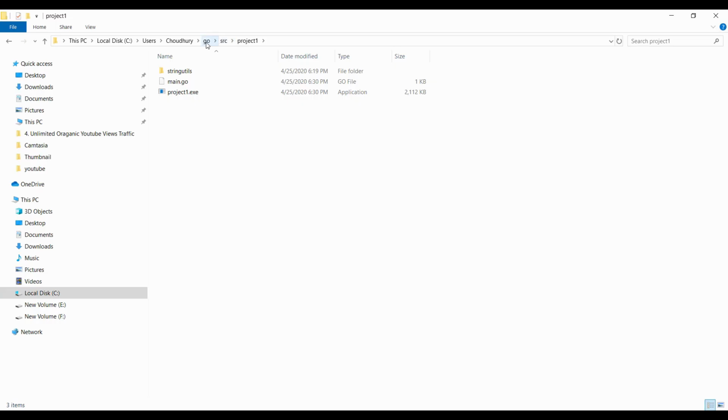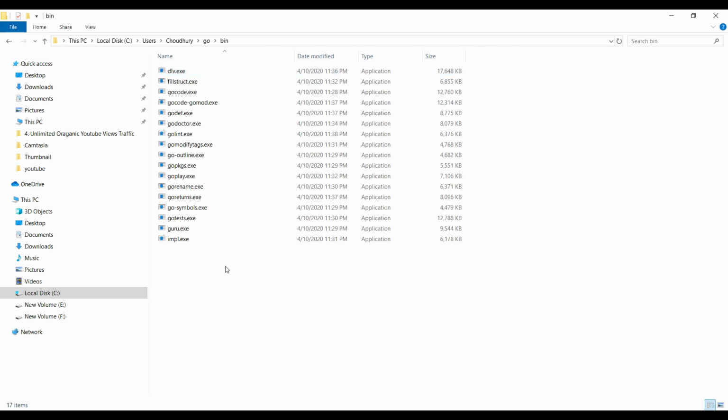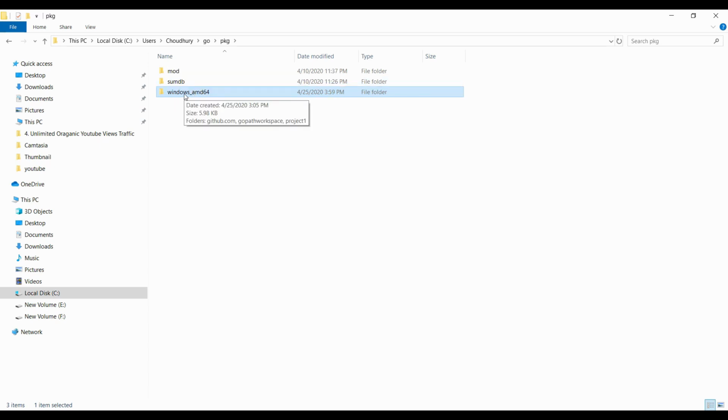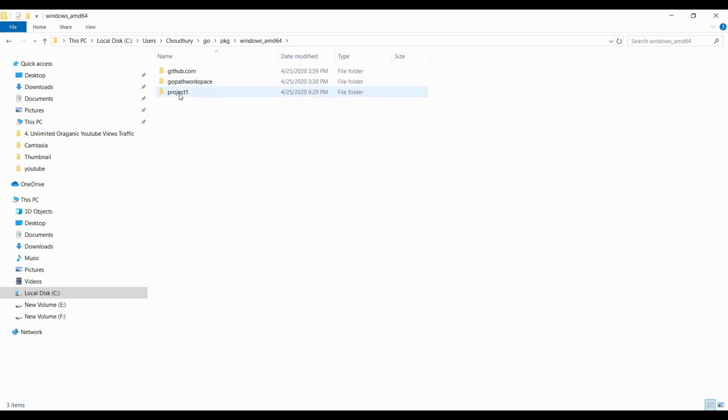So let's go to our GOPATH. Inside we are seeing a bin directory. Here some of the exe files are available. They come with the Go installation. If you want to create your project exe inside the bin directory, because bin contains all your binaries and pkg contains your package objects. If you go inside here, you can see the string util package object is available.